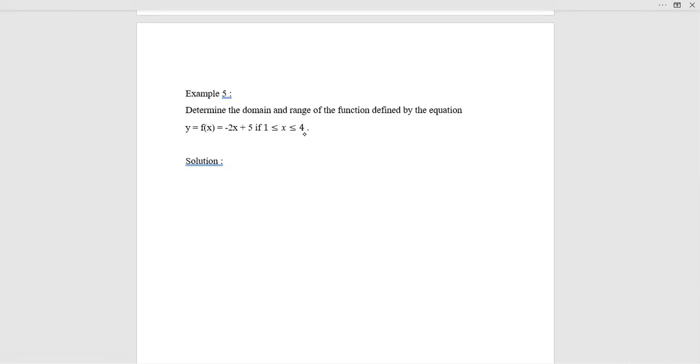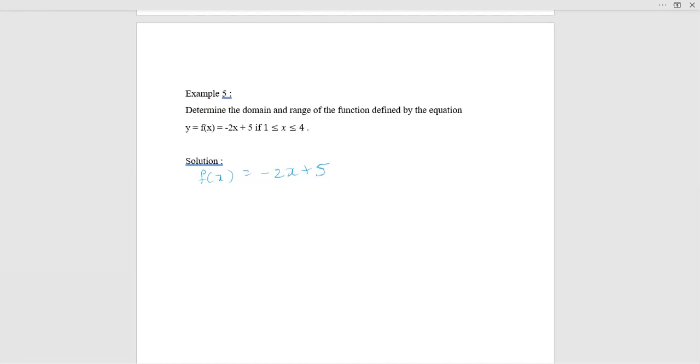Okay, the given function is f(x) equal to negative 2x plus 5. Now we want to find the domain and the range. We know any polynomial, and this is a polynomial, negative 2x plus 5,